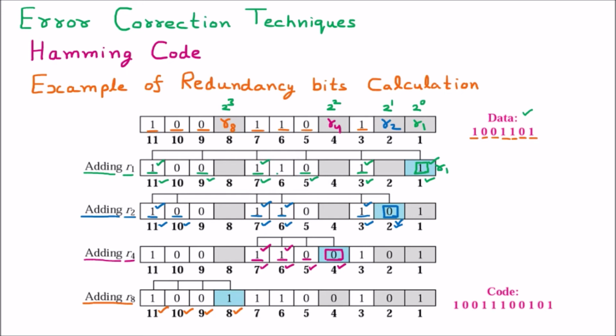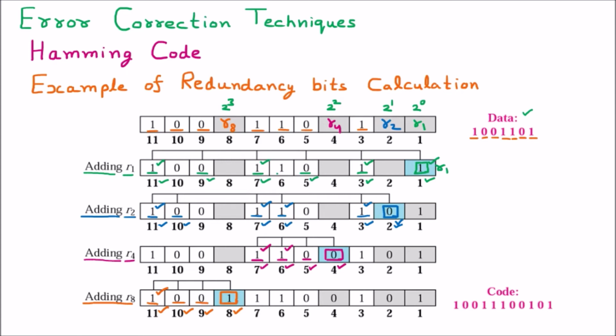So now we are going to find out how many data is available. So 1, 0, 0, that is available. Find out how many ones are there. Only a single one is present, which is an odd number, but we are working for the even parity. So here we are adding one more 1 in the parity bit R8. So R8 is calculated, which is 1. So here you can see that this R8 is added 1 so that it becomes the even parity.